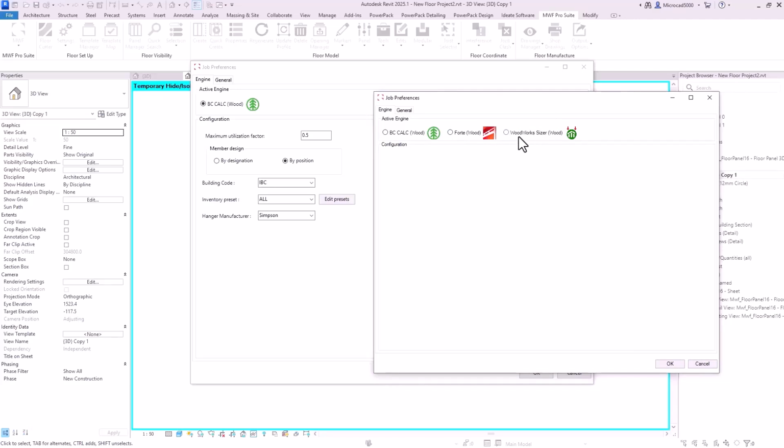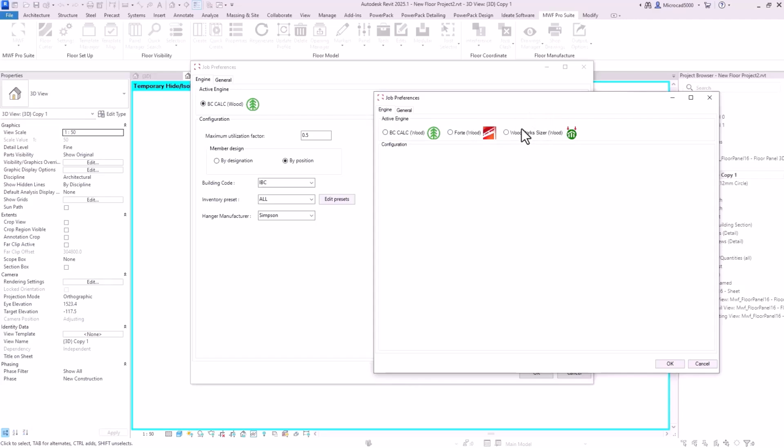Okay, so that's on versions of Revit prior to 2025. Now, to all intents and purposes, they work in exactly the same way. Essentially, they're going to apply the loads, set the building codes, which standard you're working to, and then run the analysis,